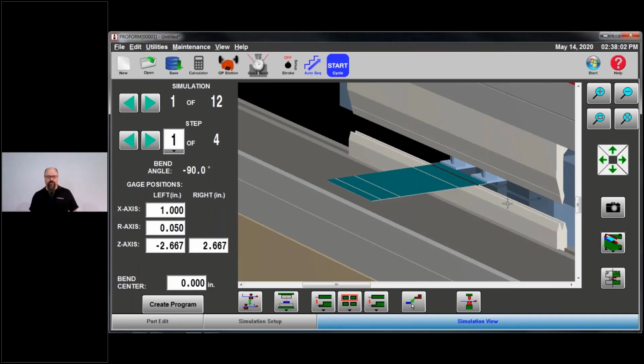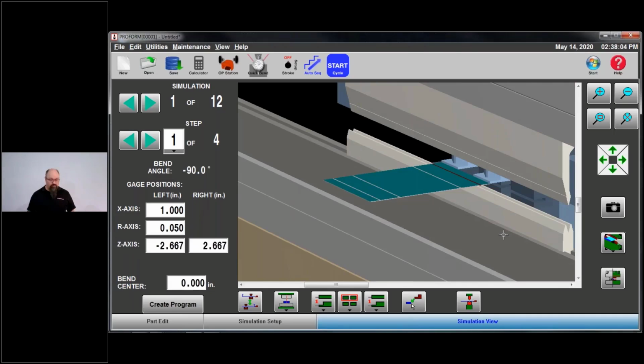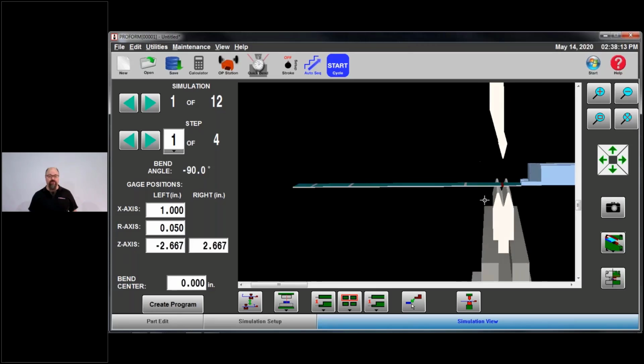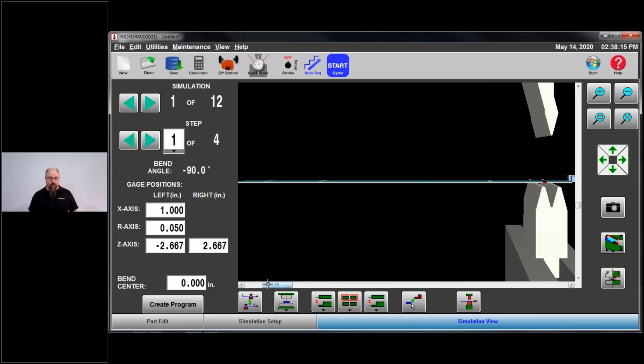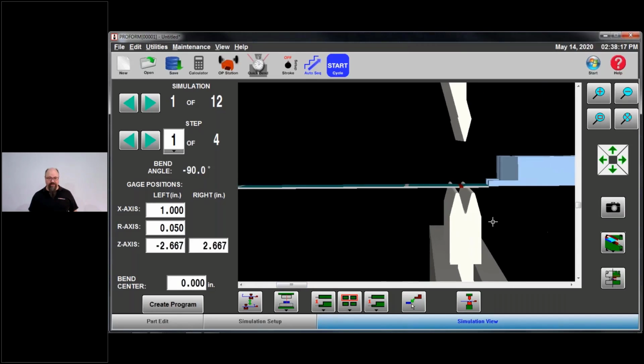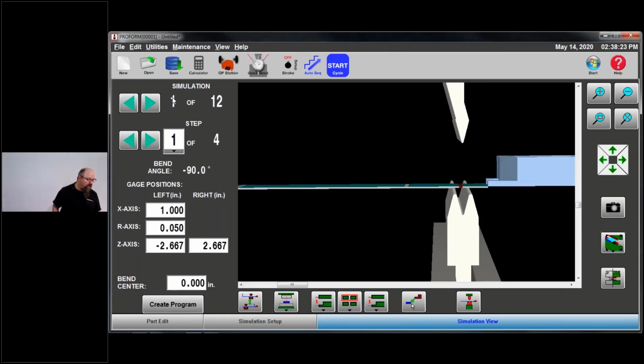Now, right now, what I'm looking at is called the isometric view. Most of you, at least half of you, are engineers, so you're gonna understand the ISO view. I'm not a huge fan of the ISO view. I like the side view so I can actually see where the part is on the die, where the part is on the gauge. Okay, now I'm on simulation number 1 of 12,